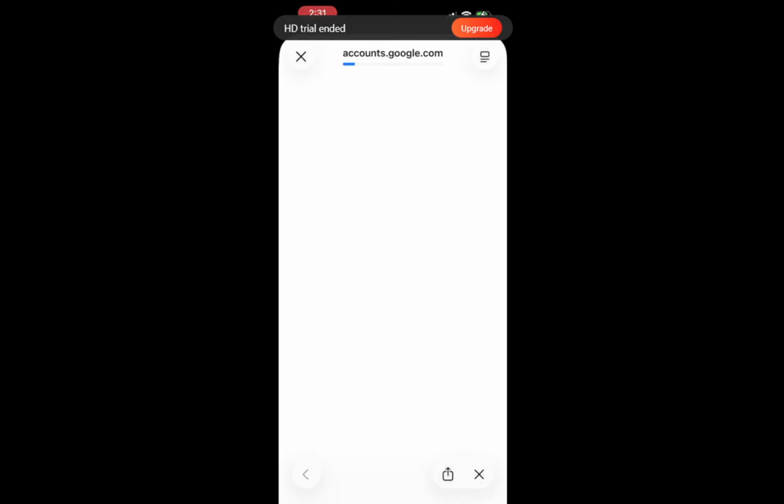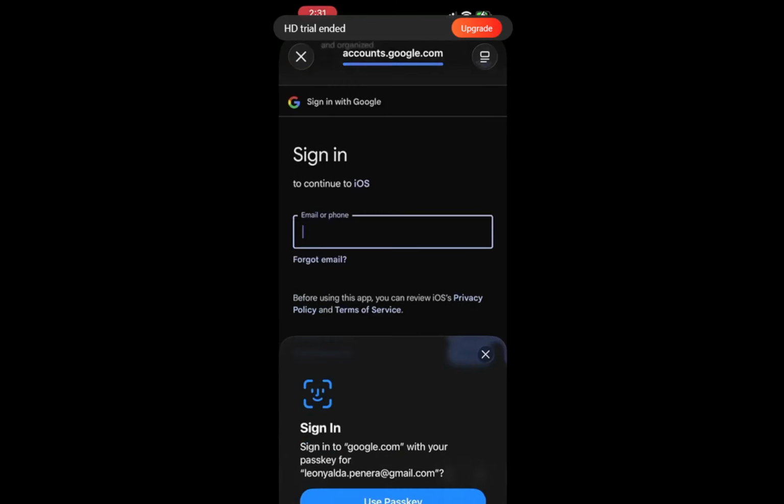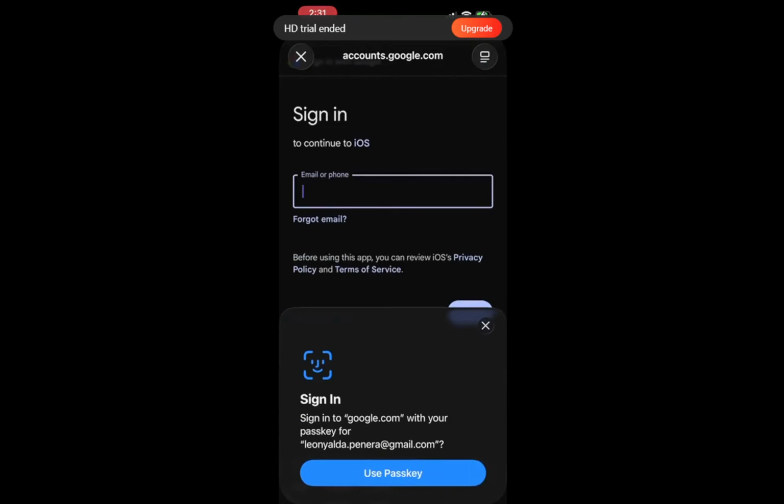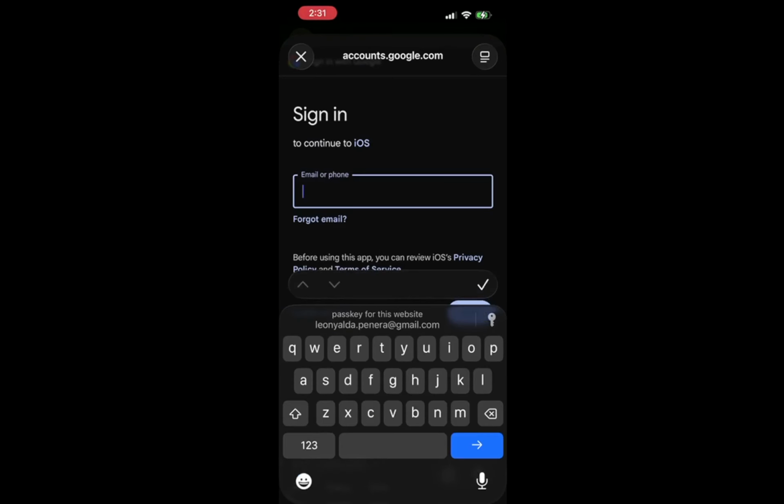If you have two-factor authentication enabled, be prepared to confirm your identity. Once you complete this step, you will be one step closer to having all your calendars in one place. After signing into your Google account, you will see a list of options to manage your account settings. Look for the option to turn on calendars.